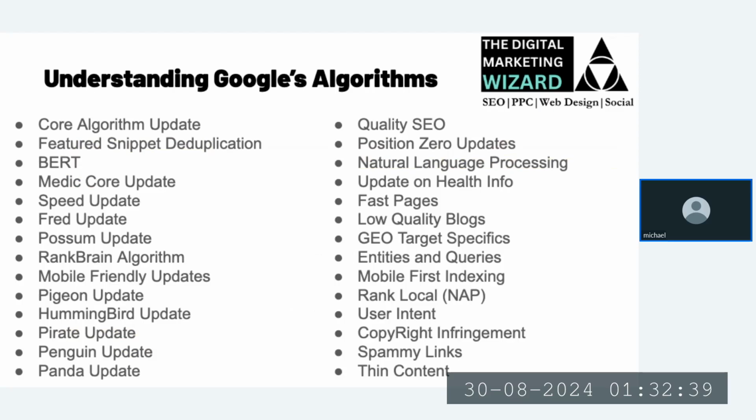This is another great one: understanding Google's algorithm. These are some of the updates and some of the algorithms that have been applied to Google to really find out which websites rank, how they get there, and the path that's taken to get to that number 1 spot. And there's a big reason why this is done. This was done because in the past, if you look at